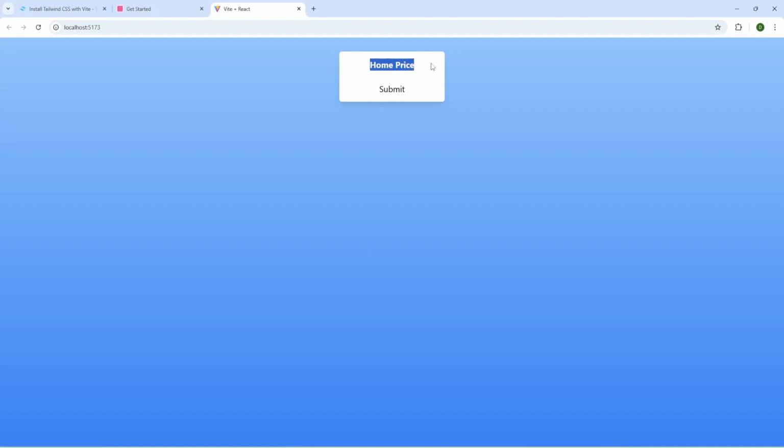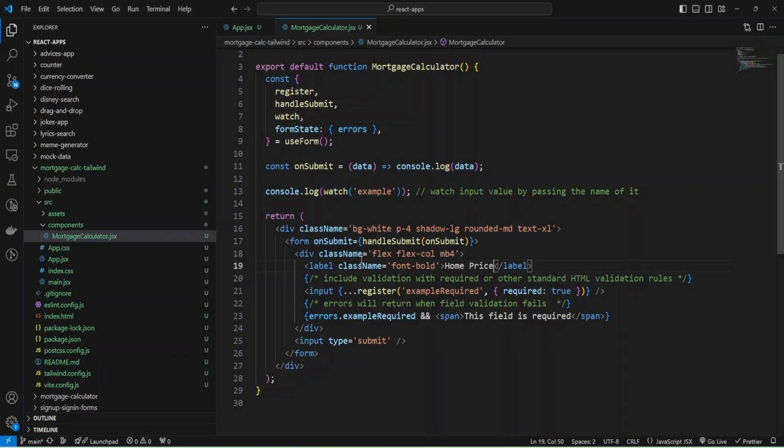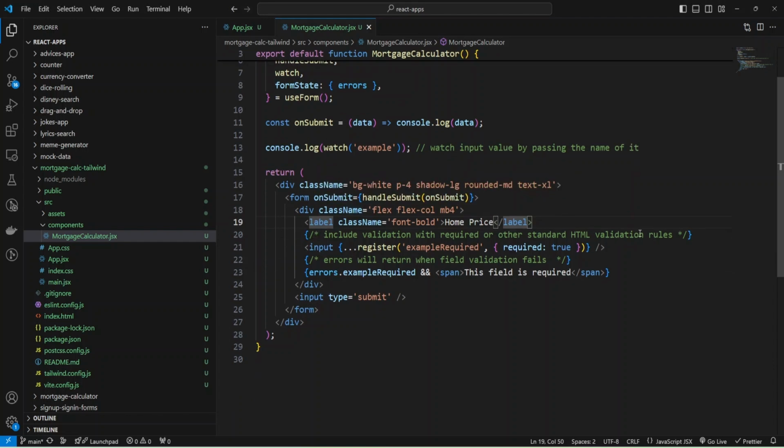Okay, we have our button, our label, and also we have input, and we need to add styles for input, and so we have button, submit button, and you can remove this comment, and for input also I'm going to add type and make it number.